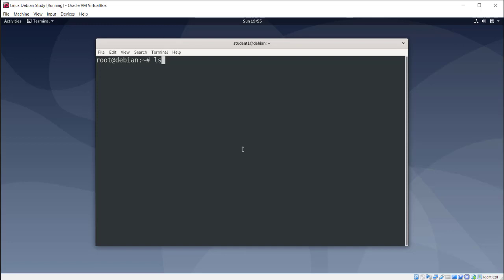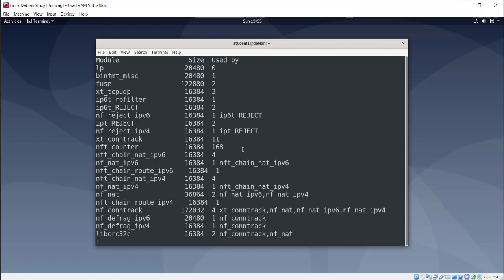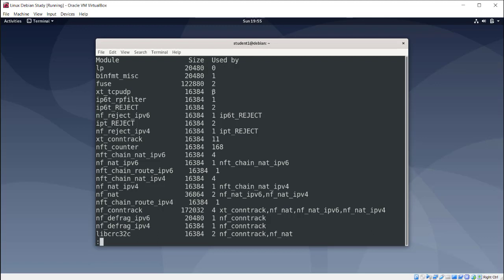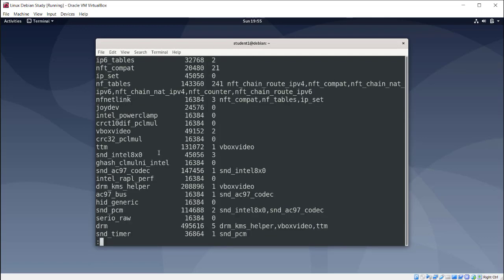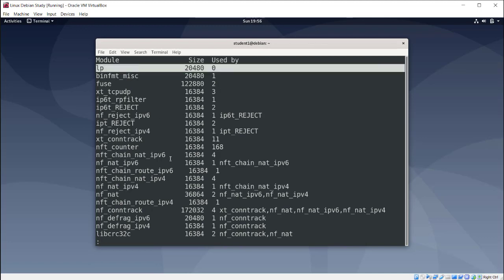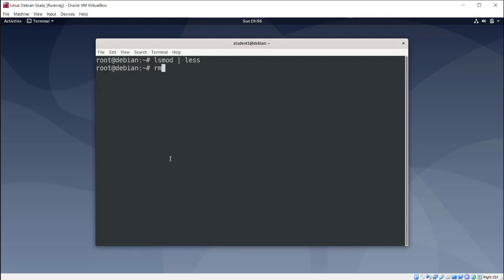If we do a listing of our modules again, we'll pipe this to less. And again, a couple items I didn't go over. Also, we got the column of the size and how many modules use this module and which modules use it. So again, you see the dependencies and the dependents there. Let's find, I'm just going to do this one here, lp. So we'll do a q to quit out of this, and I'll remove the module